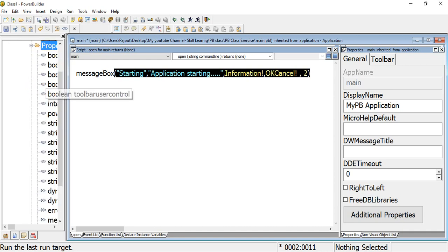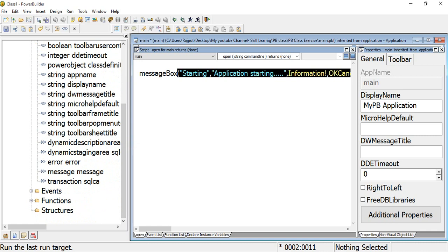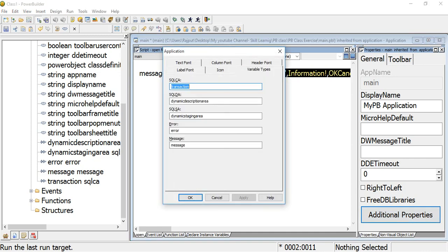Actually, at the application level, there are five default objects. You can see here the variable types. SQLCA is the transaction object. We will cover the transaction object in a separate video. Here are SQLCA, the error object, and the message object.